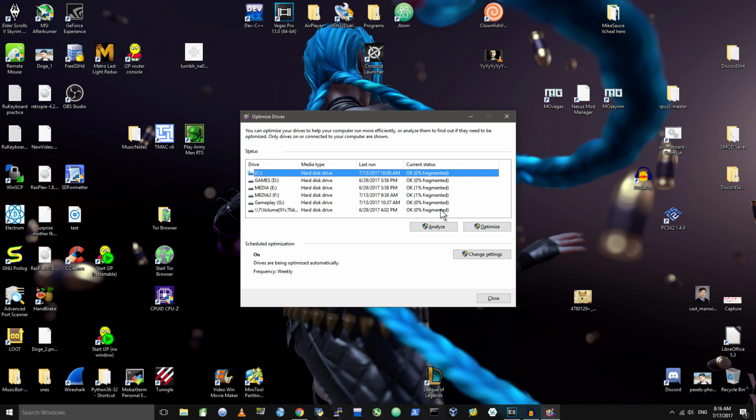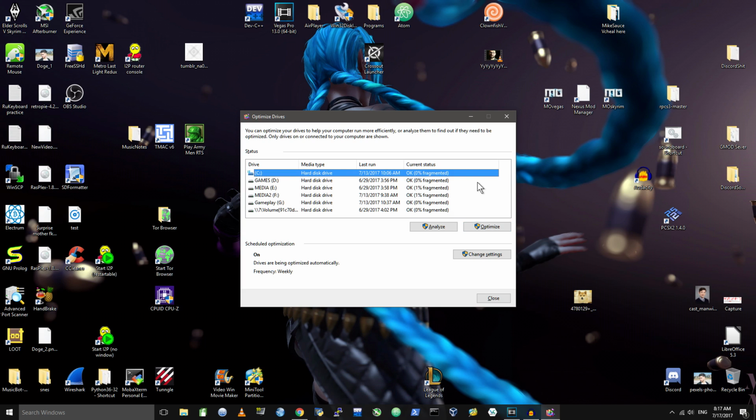But essentially, it's just wear and tear on your drive where data gets written in wrong places. So say you have a string of data of 10 blocks and one of 2 blocks and one of 5 blocks, and you've deleted the 2-block data set, and you want to store 15 blocks of data, it'll skip over those 2 blocks, and the data will be quote-unquote fragmented, which can slow read and write speeds. It's just not fun for anyone. And if you let this go over a period of months to years, it'll take very, very long to clean. So analyze the drives, see how much fragmentation there is, and decide whether you want to quote-unquote optimize or defragment